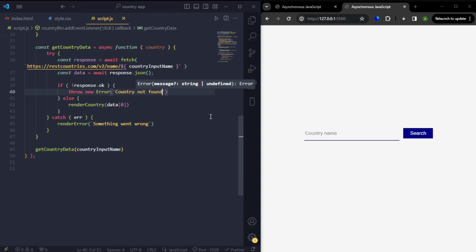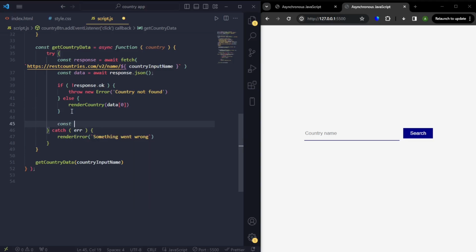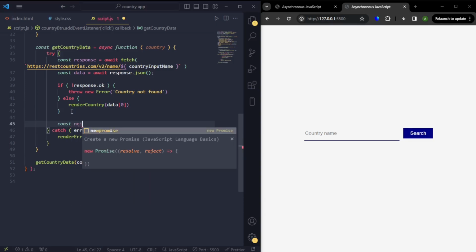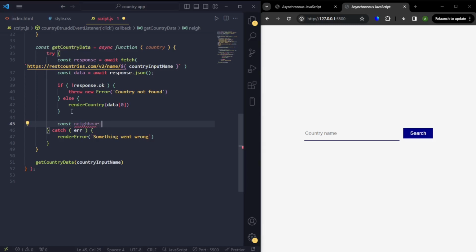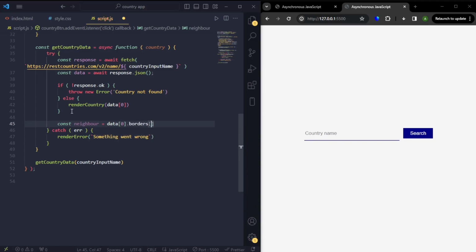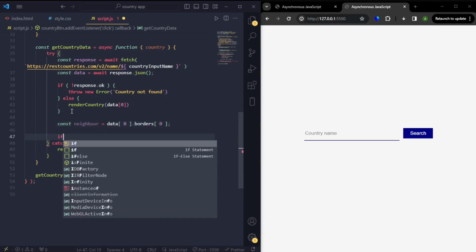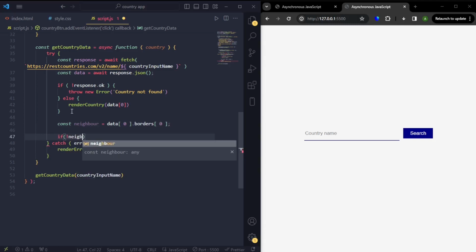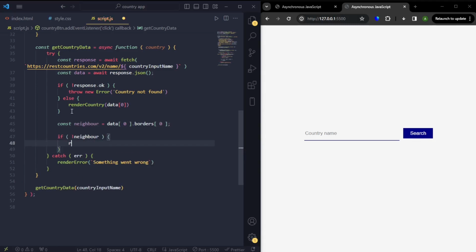Also add the neighbor. So that is going to be after the else statement. So I'm going to say const neighbor equals data, then 0 dot borders 0. Then after that, I'll add another if else statement. If there is no neighbor, then it should return. Then else